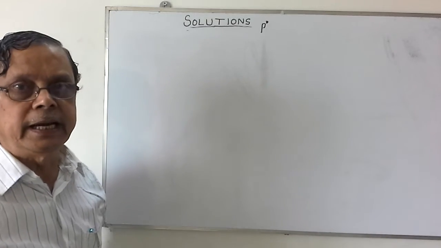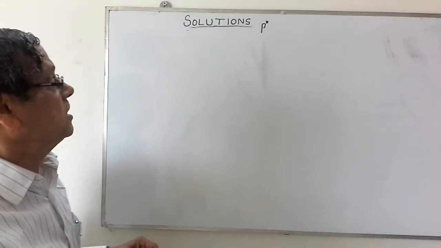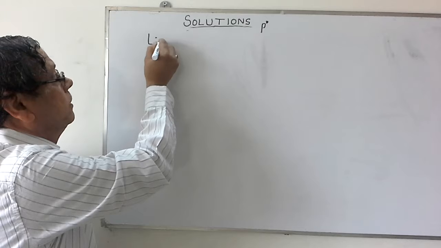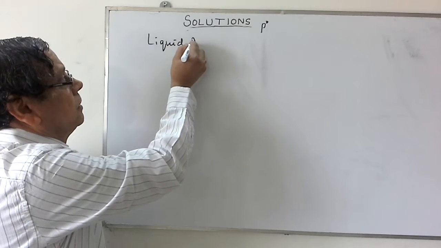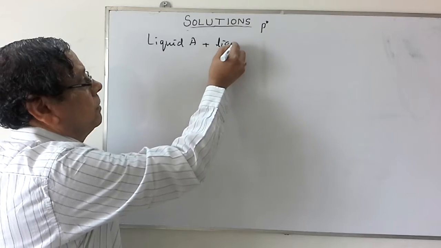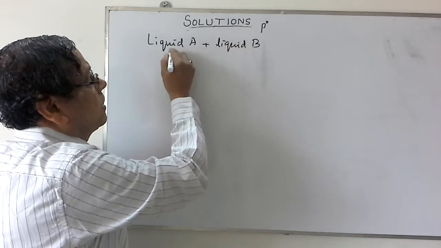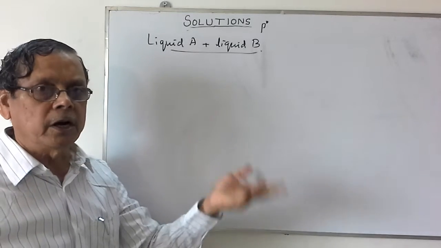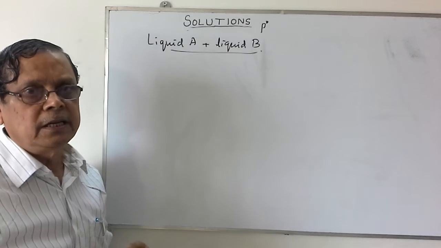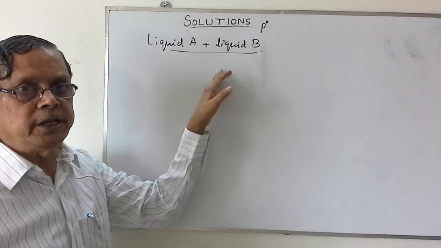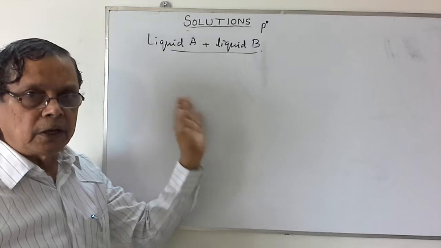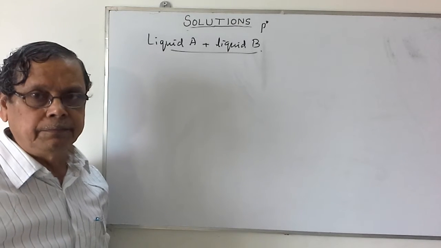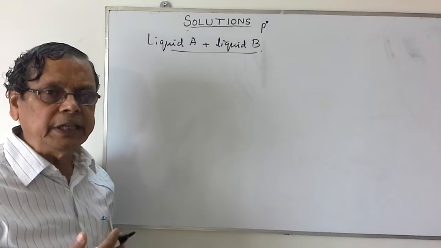For the solution we indicate it as P. So let us consider these solutions now. When we consider this solution of a liquid in liquid, liquid A, let us say with liquid B, the completely miscible liquid system of A and B components, since both are liquids, both will contribute to the vapor pressure, and hence such a solution is a homogeneous one, so we can consider the solution as a completely miscible one.